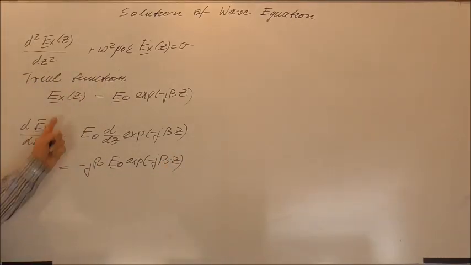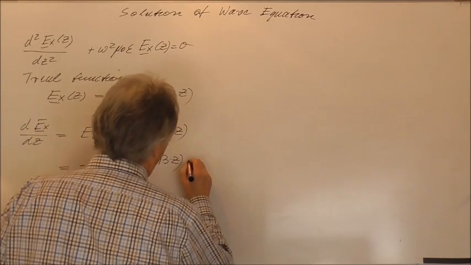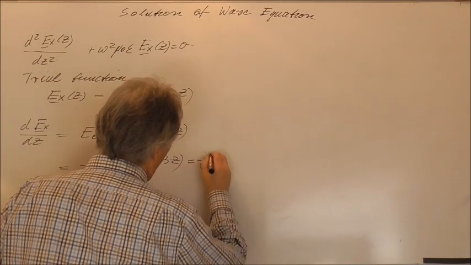And of course you see that the derivation with respect to z goes over into a multiplication with minus j beta. So we can say this is minus j beta